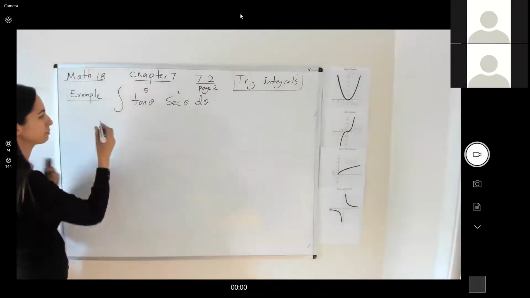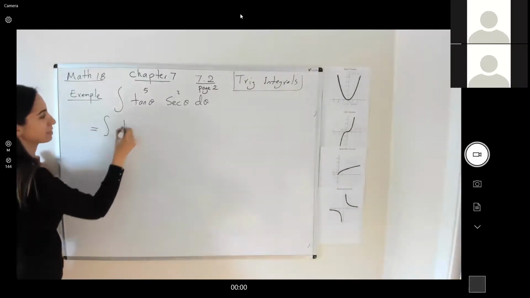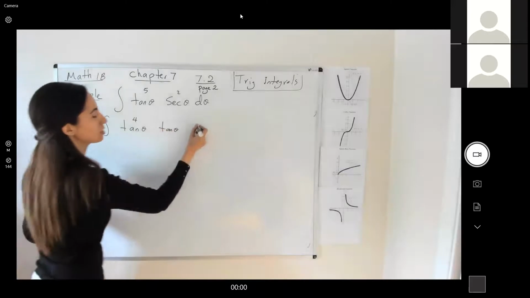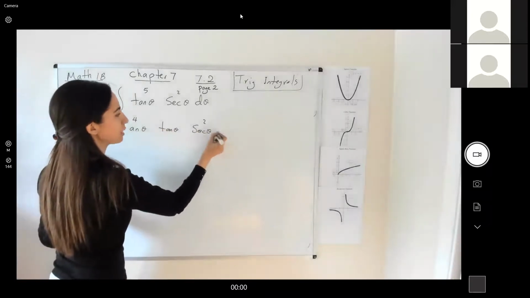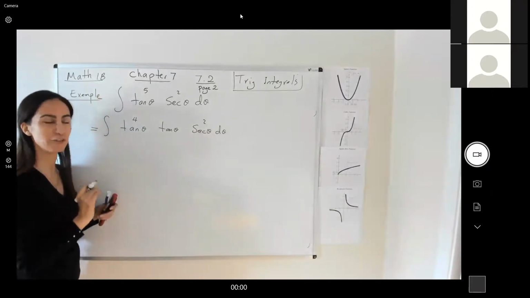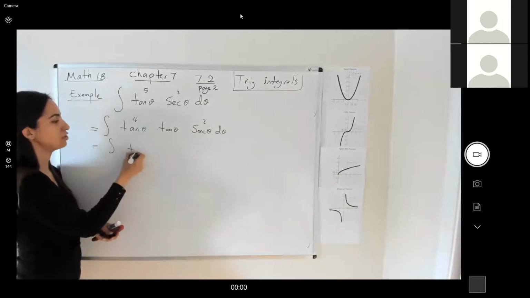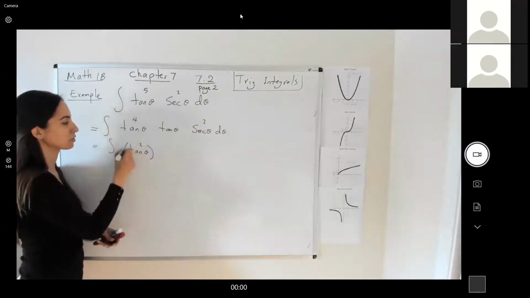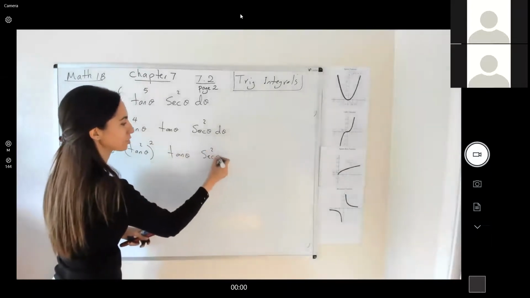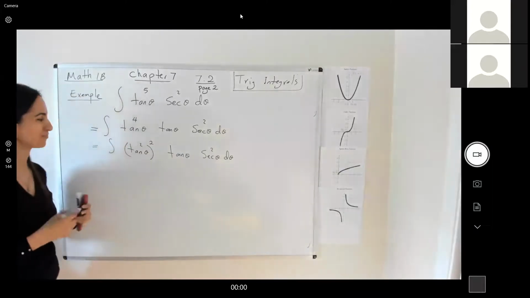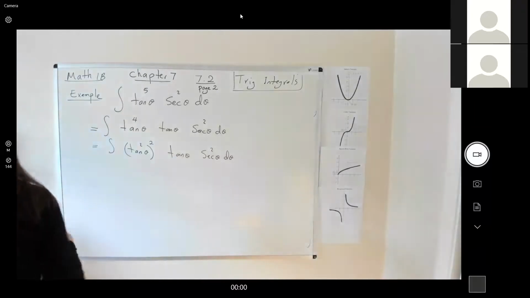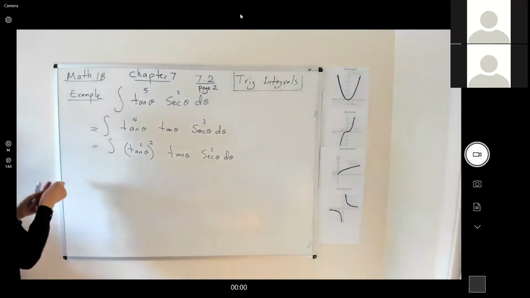Tangent to the 5th, let's rewrite this as tangent to the 4 times tangent times secant squared of theta d theta. Tangent to the 4 can be written as tangent squared raised to the 2nd times tangent times secant squared theta d theta. At the same time, you know that tangent squared is equal to secant squared minus